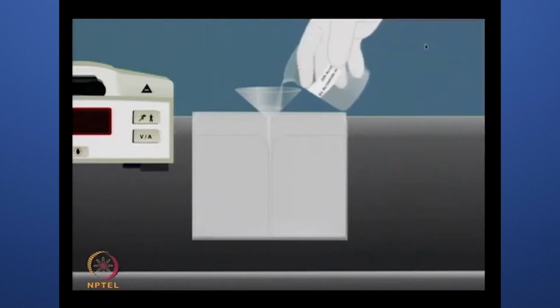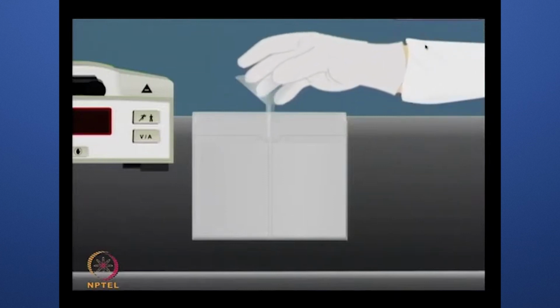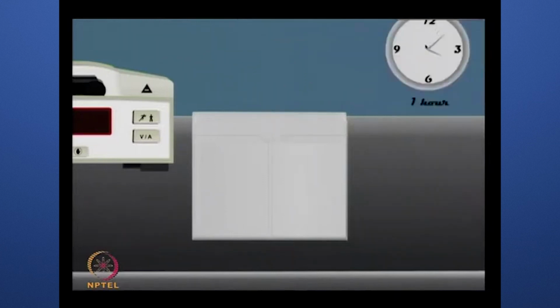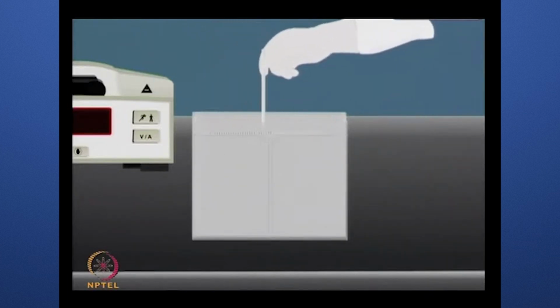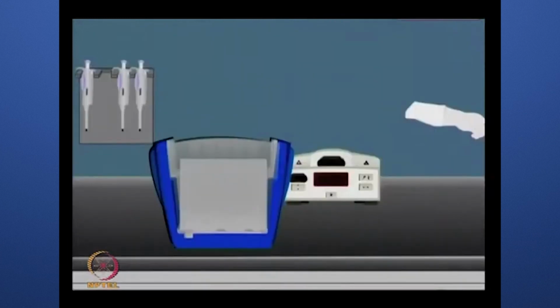So, this SDS-PAGE, which constitutes the second dimension of two-dimensional gel electrophoresis, involves assembly of the gel apparatus, gel casting, equilibration of IPG strip, followed by placement of the IPG strip on the gel and protein separation. So, prepare the gel casting solution consisting of acrylamide, bisacrylamide, Tris chloride, SDS, APS and TEMED. Once the gel is polymerized, then you can add the IPG strip